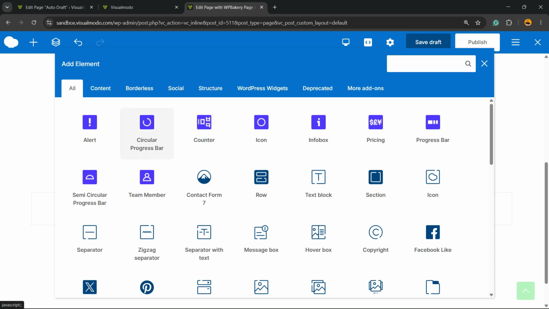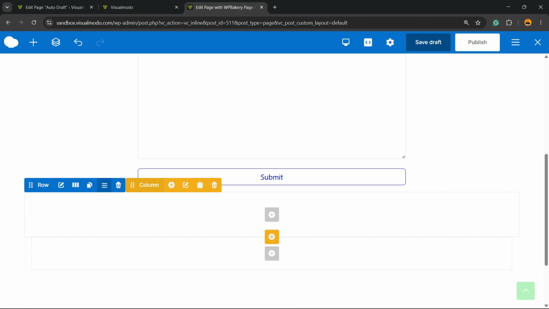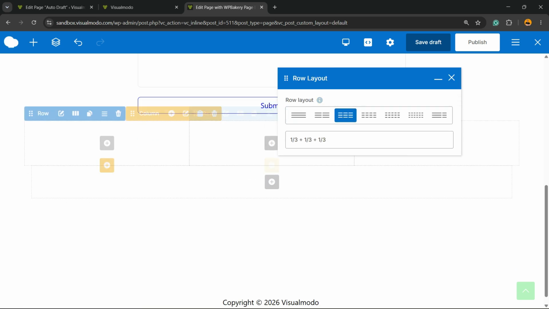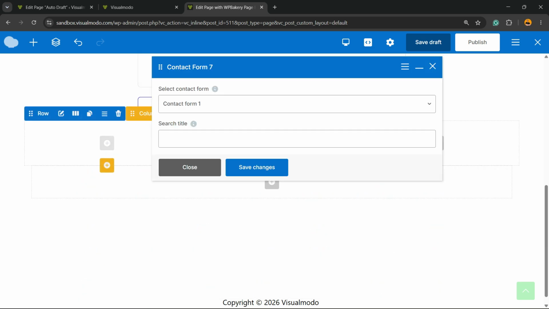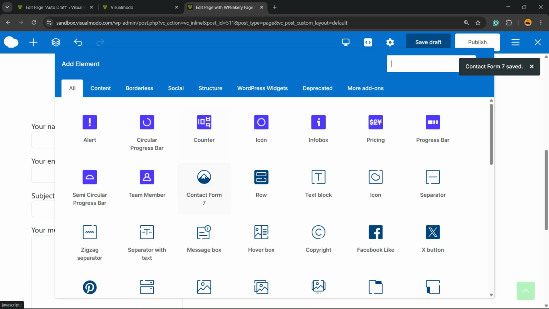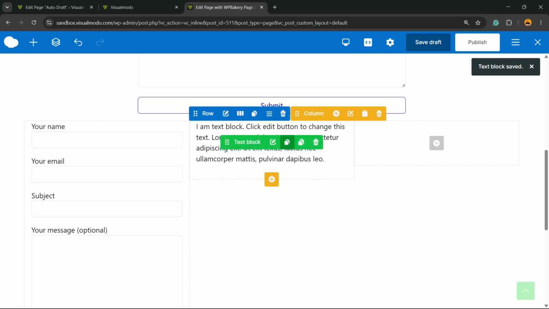Of course, you can apply this into some column layout, in case you want. For example, use a row. Click on the columns and choose a column layout. We have 3 columns, and you can apply the form into one of the columns. Apply content or image into another one, just like this,